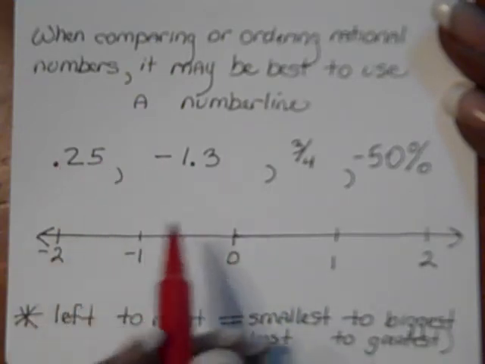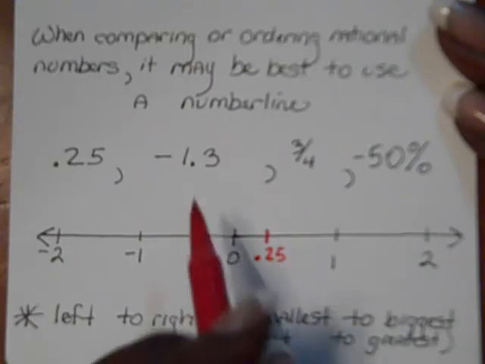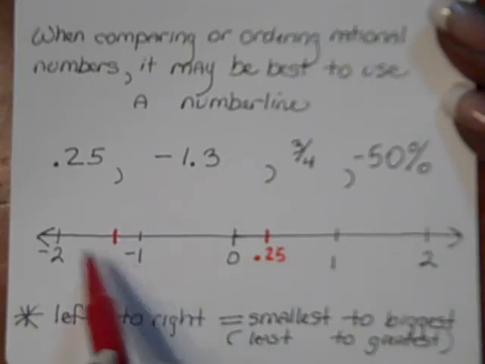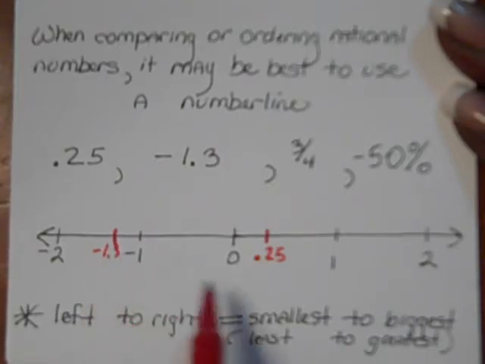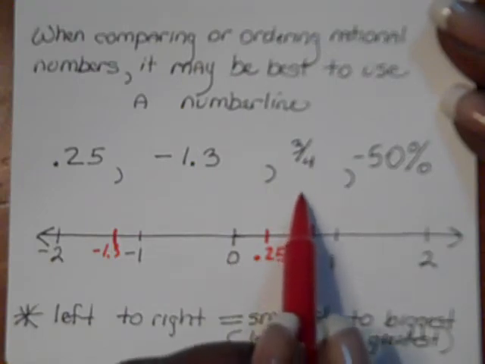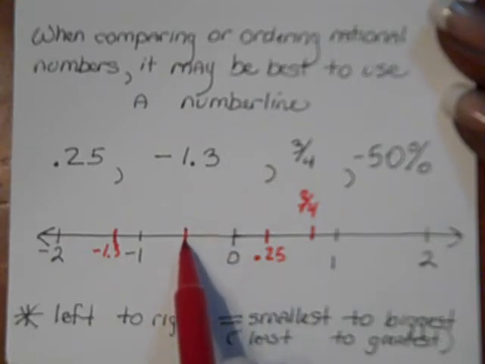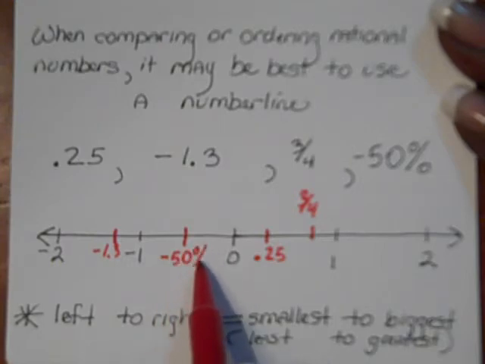So 0.25, I'm just estimating, would be close to the 0, but still in between the 0 and the positive 1. Now, negative 1.3, I'm estimating would be in between negative 1 and negative 2, but still closer to the negative 1 side. 3/4, now that's between 0 and 1, but that fraction I'm estimating to be closer to 1 whole than 0. And negative 50%, well, that is right in between 0 and negative 1 as half of a